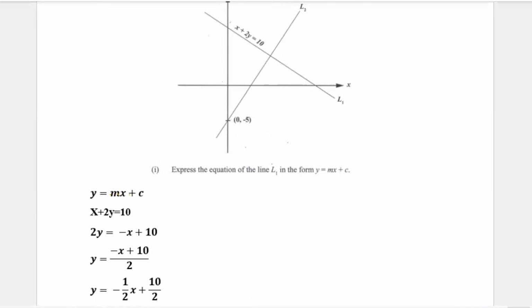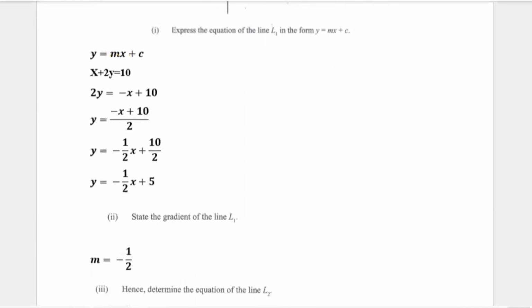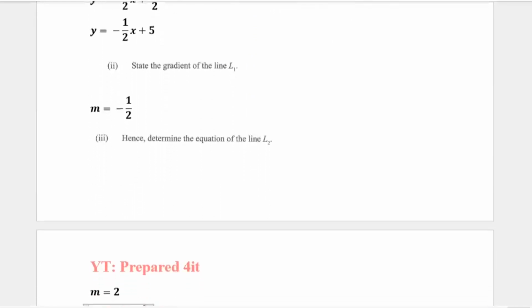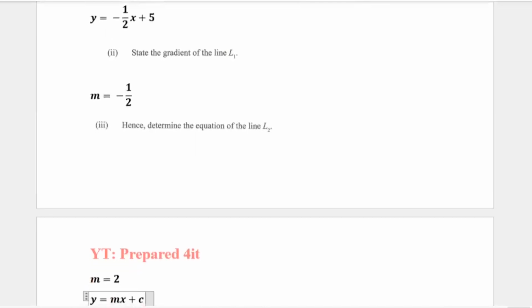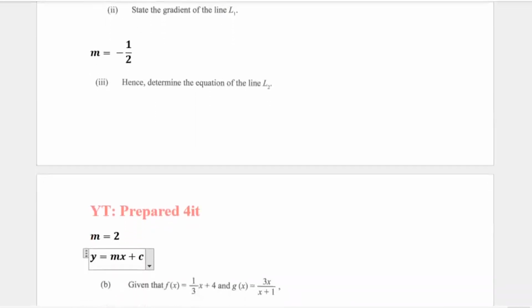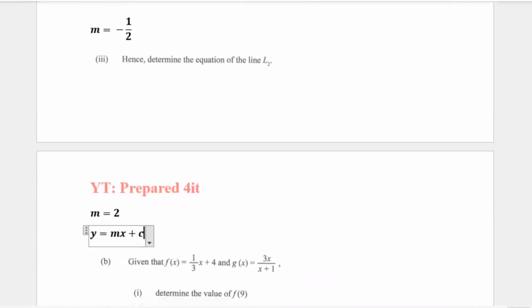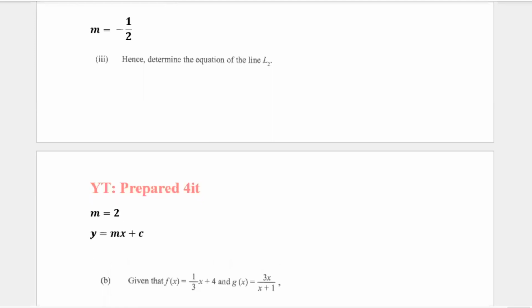We're going to use that to find the y-intercept, which we could also know from just looking at it, because the y-intercept is where the line cuts the y-axis. So basically we know what c is, but for those who decide to work it out anyway: